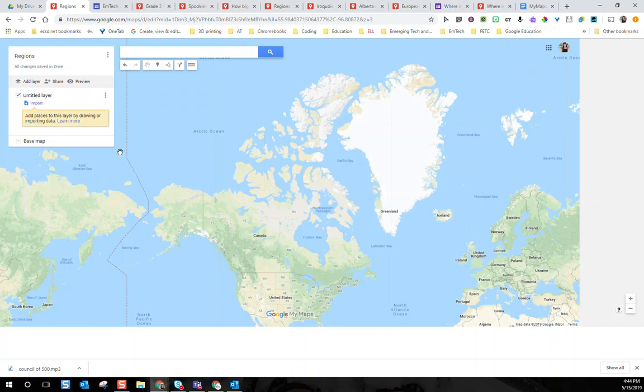Now, the first thing that we're going to notice is that we have layers. You don't have to have multiple layers within a map. You can have just one layer with many different markers on it, but it is nice if you want to have different layers to do different things because when you put in the published view, you can turn layers off and on. That's what I like. If I have shapes, I tend to put those in one layer, and if I have icons, I put them in another. Okay. Categorize in different ways.